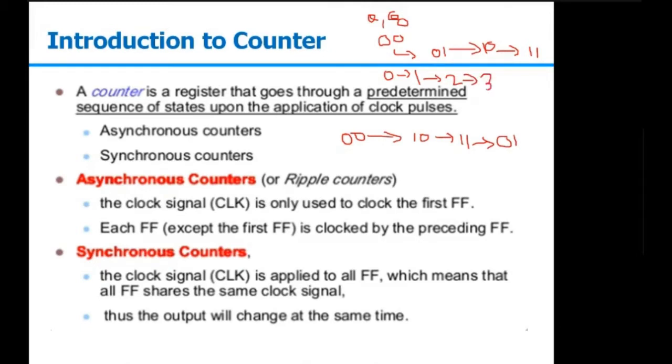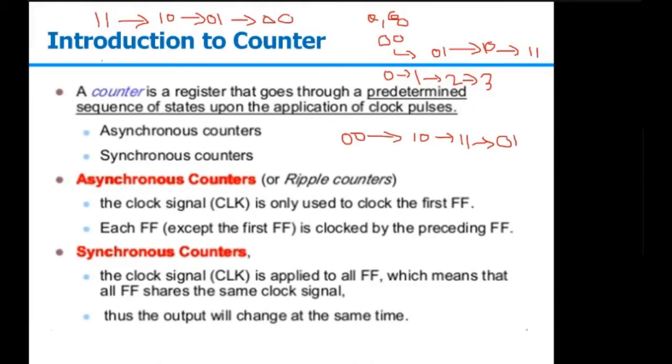Similarly, I can define the states that will count in reverse. So we can say initially my flip-flops are in preset condition, so both the outputs will be 1, and after that it should go like 1 1, 1 0, 0 1, 0 0. So it is now down counting 3, 2, 1 and 0. And you can say it is a uniform down counting.